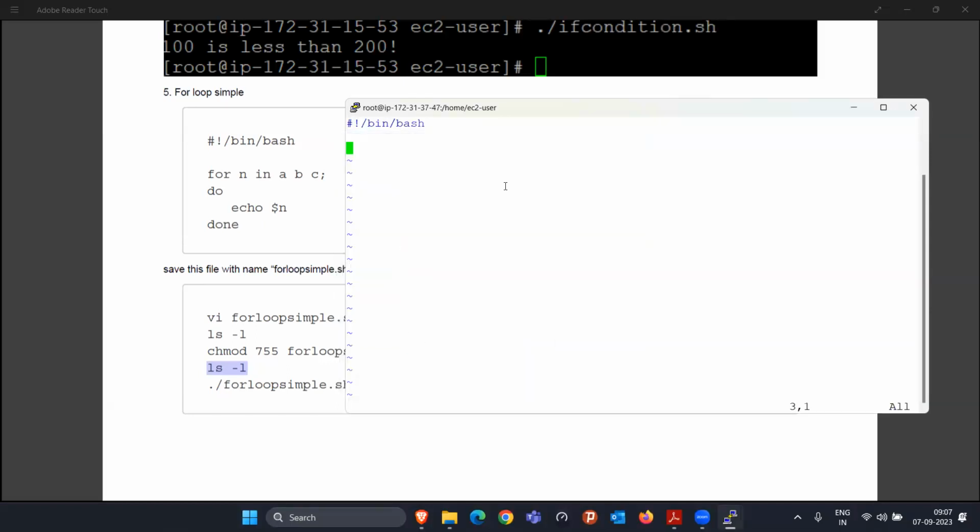Inside this, you simply write for. Now you can write whatever you want. For example, I want to write for user. User is basically a username here. So: for user in